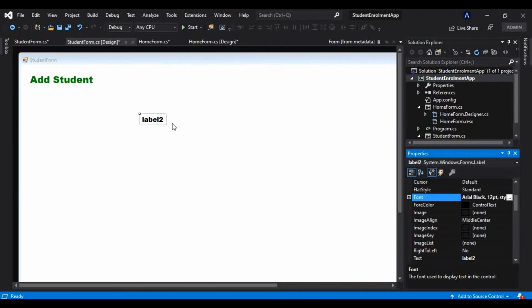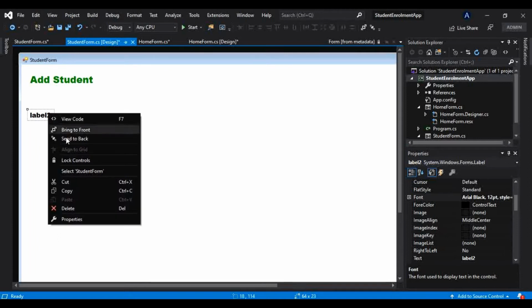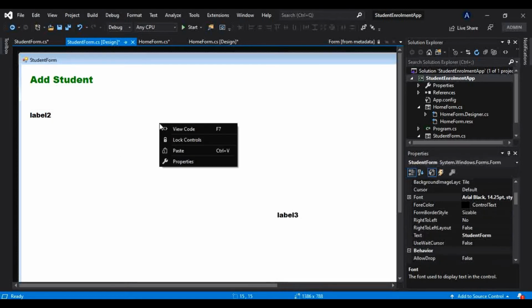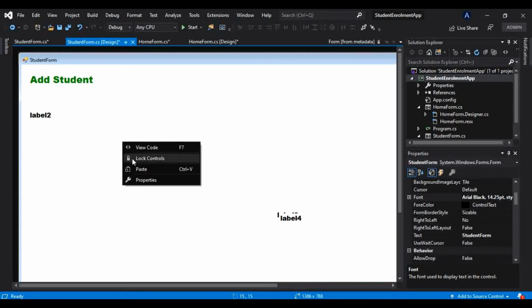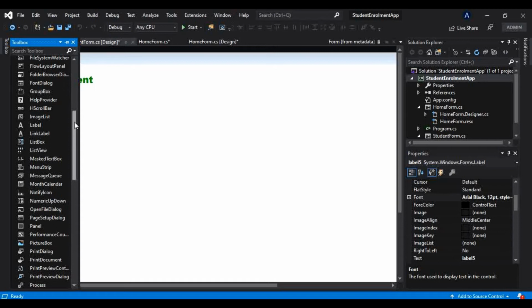Okay, now it is good, and I will copy this here several times. I will copy, I will paste, again I will paste that, and I will just rearrange that here. Label 4, label 3, maybe here, label 4, label 5, and I will explain to you in a bit what I am doing.